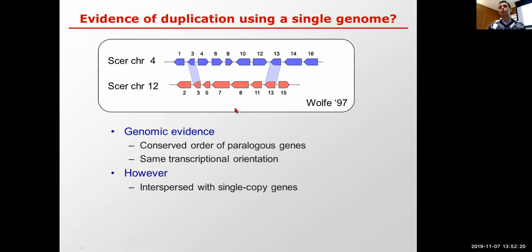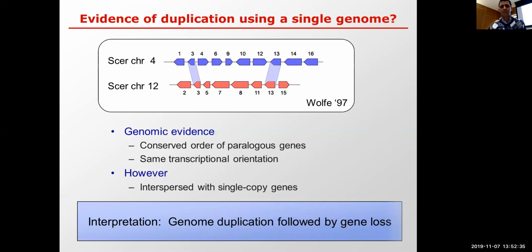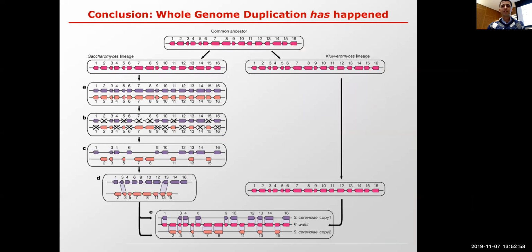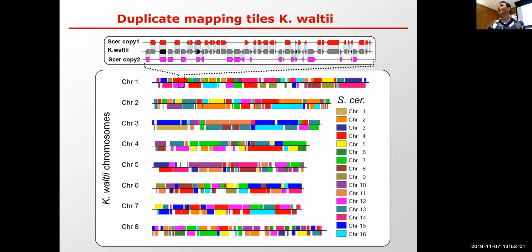So I give full credit to Ken for having discovered this, because he basically said the only explanation for this is a whole genome duplication event. And of course, he pissed off a bunch of people in the yeast community who had not seen it before. And they actually argued for years and decades against him. They basically said, no, you're wrong. There was no whole genome duplication. Or, well, there's at least some chromosome duplication. And, well, there's a dynamic equilibrium of duplicational loss and so on and so forth. Okay? So there was a long, long debate